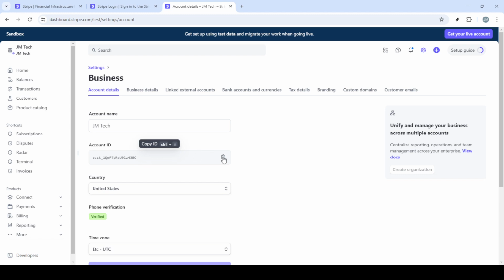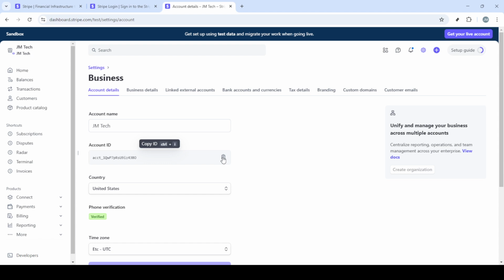Finally, to find your Stripe account ID, scroll until you locate the section typically labeled Account ID. Here, you'll find a unique alphanumeric code. It's a good idea to copy this information and store it securely, as you'll need it for various integrations and setups. To copy, simply highlight it with your cursor, right-click and select Copy, or use the shortcut Ctrl+C on Windows